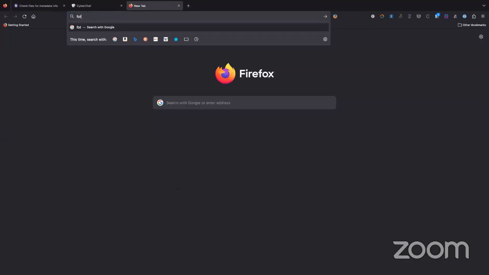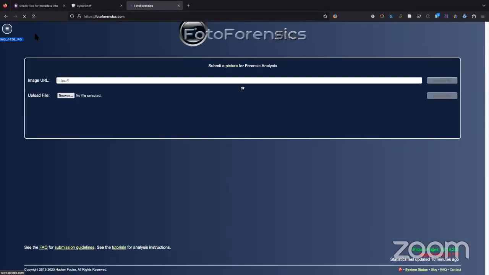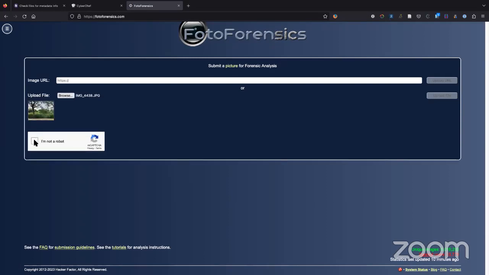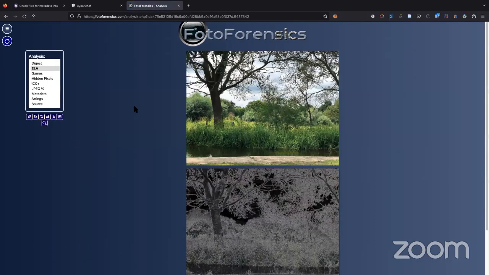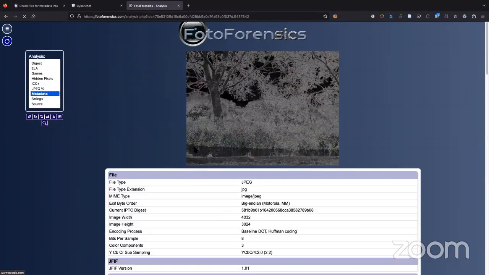And then finally, we've got Photo Forensics, which again, for just general use, is one of my favorite websites to use because of a certain feature in this called error level analysis, which you can do in other tools as well, but Photo Forensics makes it quite easy. So this allows you to see if something's been heavily doctored or not. You also immediately get the digest from it, but here's the metadata.